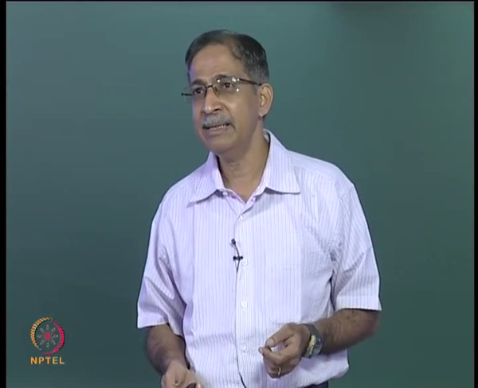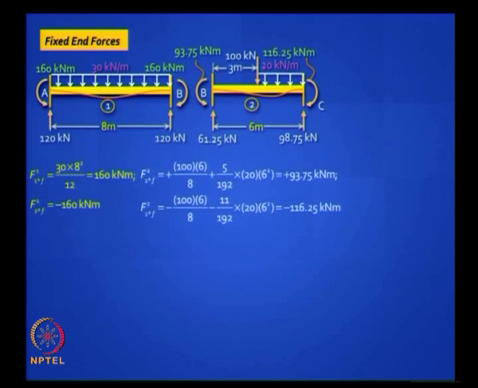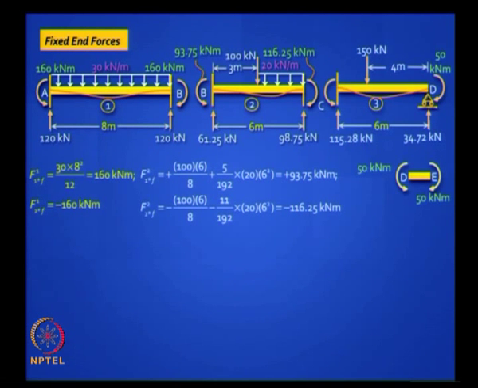So you need to do that little extra exercise, but that's easy to do. We've done that earlier. Take the second element. Remember, here the only thing to worry about is the formula when half the span is loaded with a UDL, for which you may have to look up a table because you may not remember it. Remember, it's 5 by 192 WL squared and 11 by 192. That's the only formula, but we've done this earlier. What about the third one? Okay, the fourth element you don't worry because you've already dealt with it.